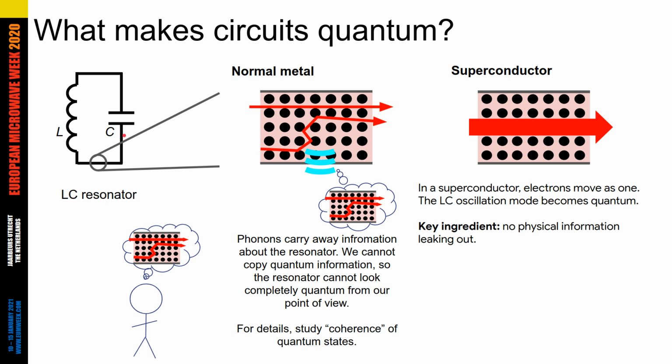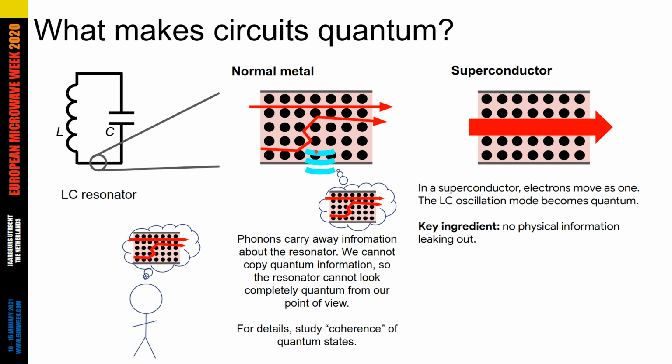Let's start with something really simple, an LC resonator, as shown here on the left. Now, an LC resonator is normally made of a normal metal. And in a normal metal, as the electrons travel through, sometimes they go through uninterrupted, but sometimes they scatter. So this jagged red line here represents an electron that's bouncing off of the ions inside the metal. And when an electron scatters like this, it causes the ions to vibrate. It makes lattice vibrations in the wire, which is why you get Joule heating. Now, those lattice vibrations are waves. They're compression waves inside the